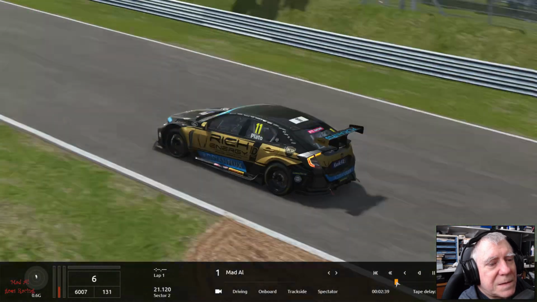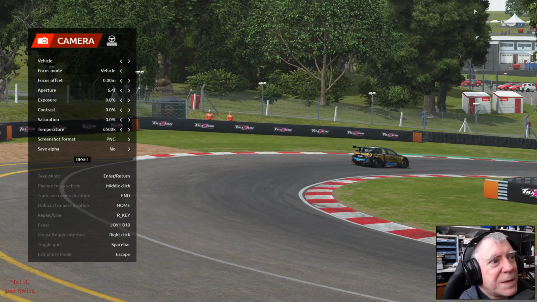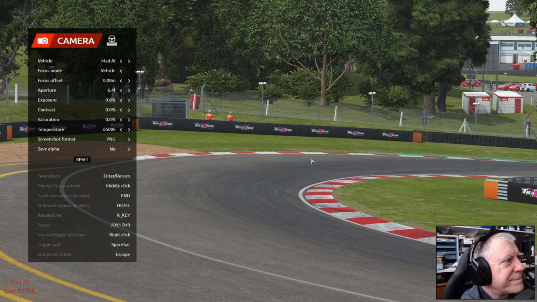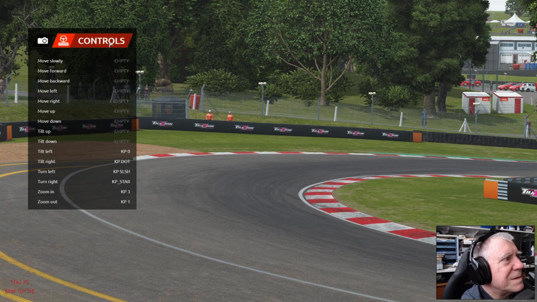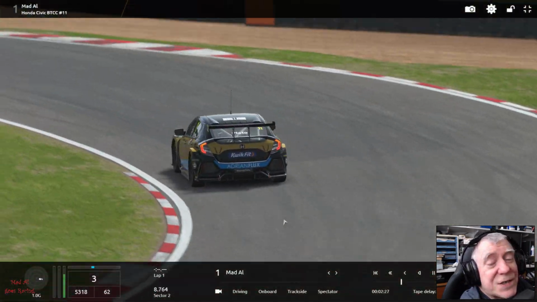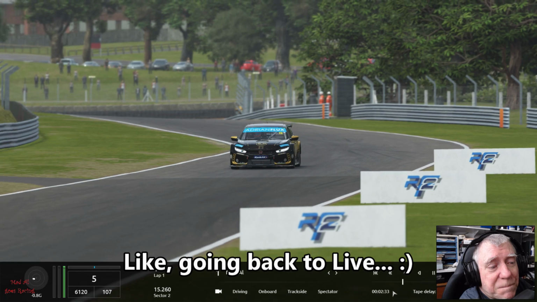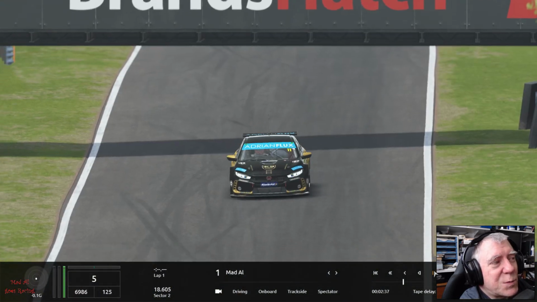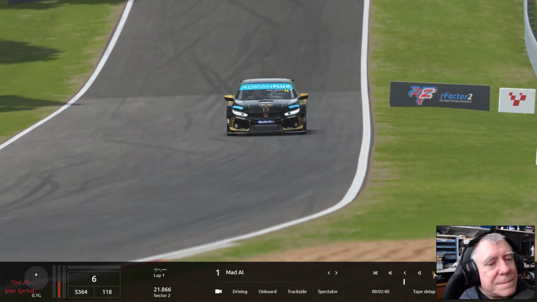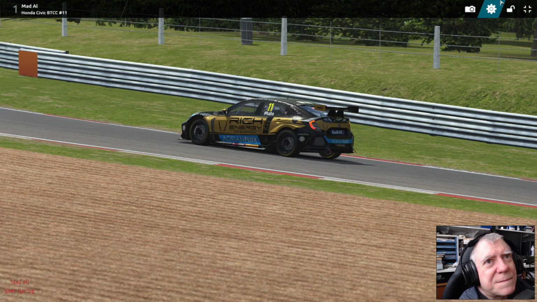So, let's hit the photo button, and again it didn't stop. Very strange. If I exit the photo mode, does it? Oh, it's actually back with the car. At least on this one, it's back with the car, because on the live one, it's doing some really weird things. So we'll actually pause it as we go around the corner, maybe. There we go. Now if we go into photo mode,